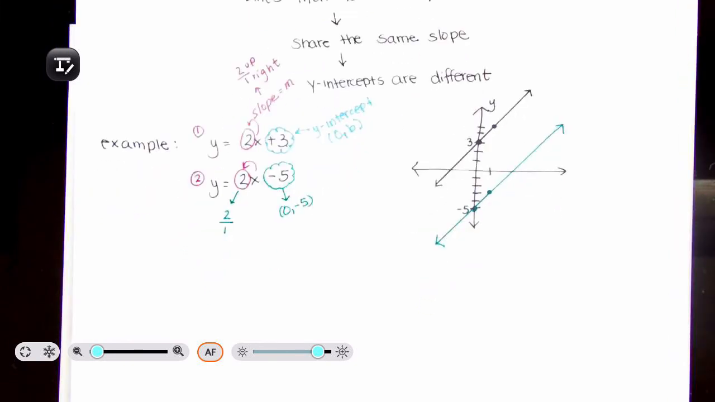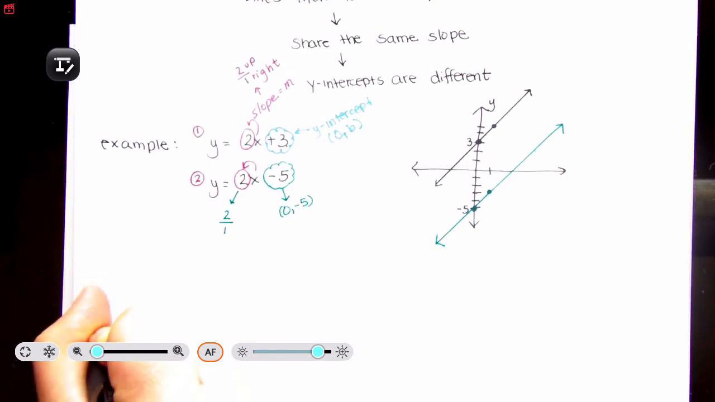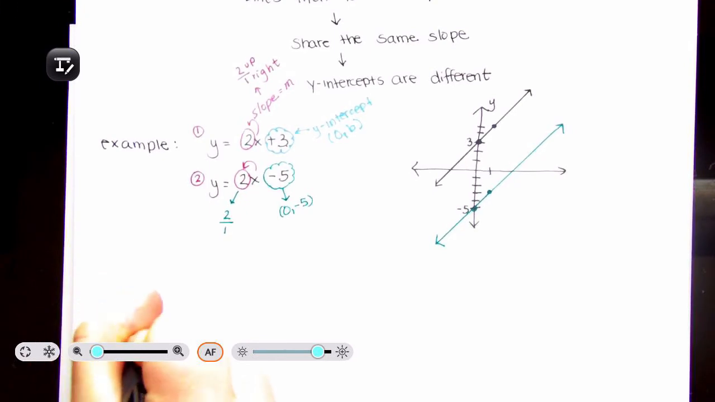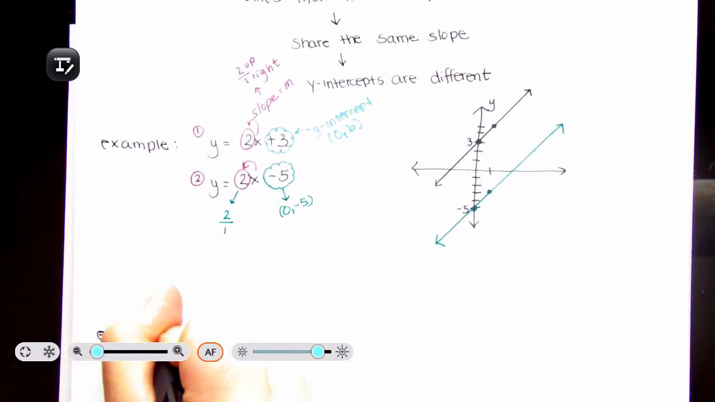So let's do an example number 2. And let's say you're given a question that says, find out if these,